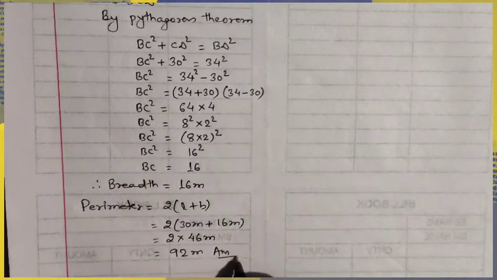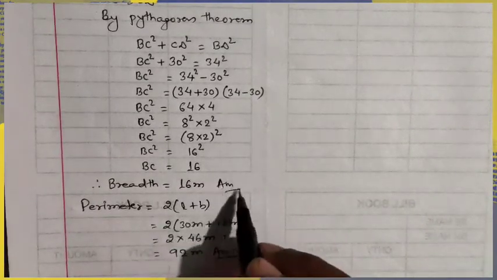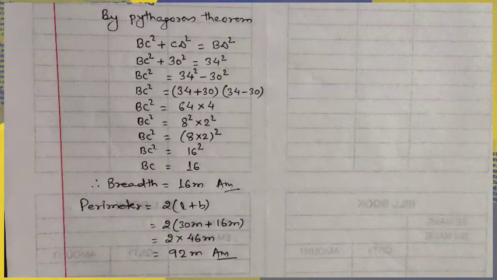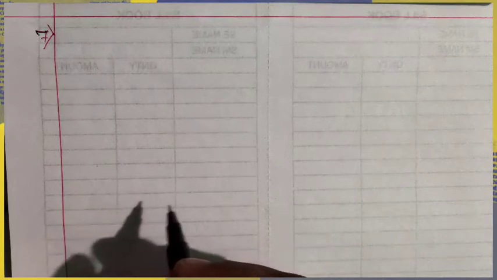This will be your answer. Hope that this question is also clear to you. Question number 3, I hope that this question is clear, and next we will be moving to our next question. Let us see which question we are going to solve. Next we are going to solve question number 7. 4 and 5, 6, you have to solve by your own.